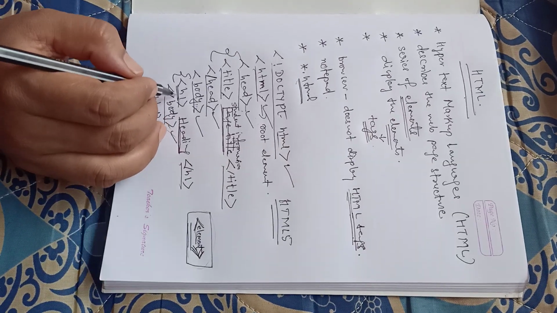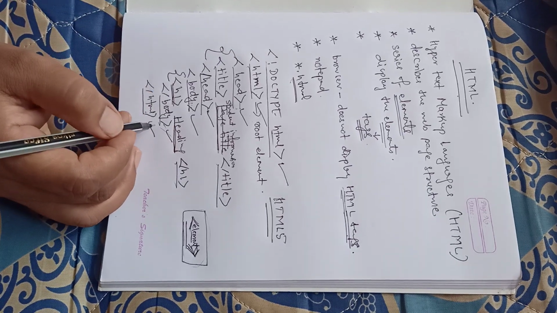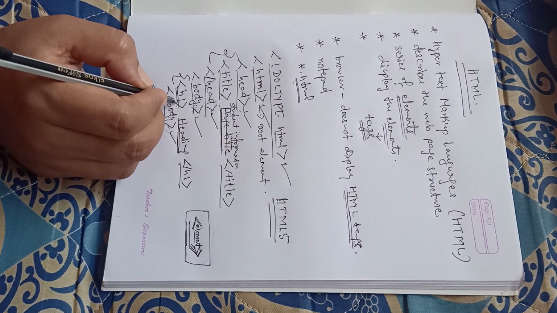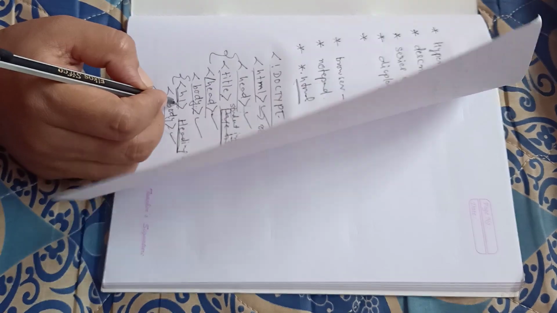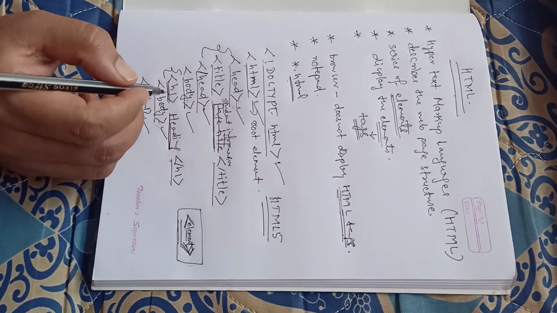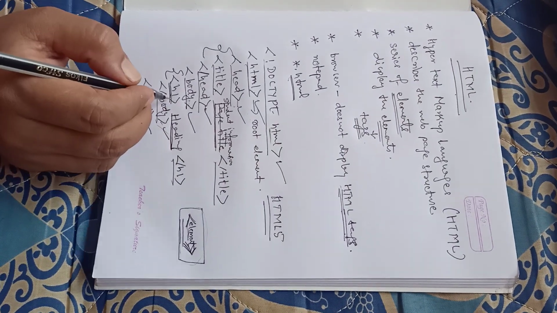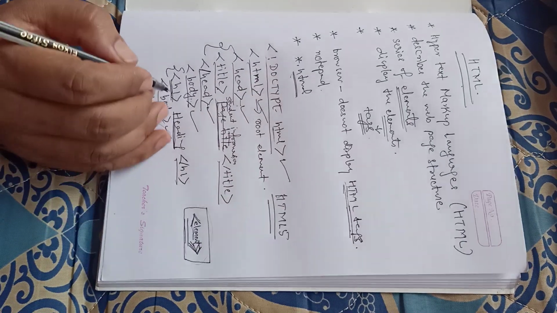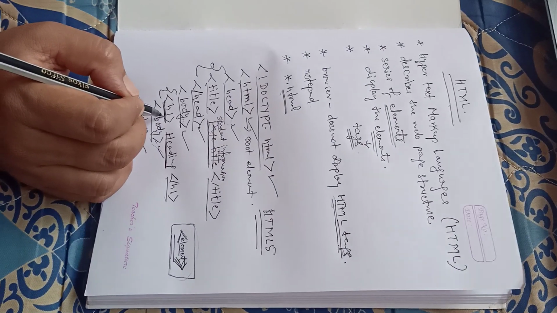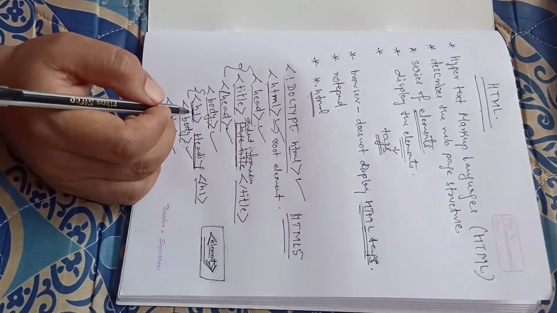So what is H1? H1 is not mandatory here. The mandatory portions I have already ticked. H1 is a tag which is used to display a heading. Different types of heading tags are also there. We'll be discussing it later, but this is just an example I have taken here, so don't go deep into it. Just know here that the H1 element is used for writing headings. In fact, H1 is used for writing the largest heading.